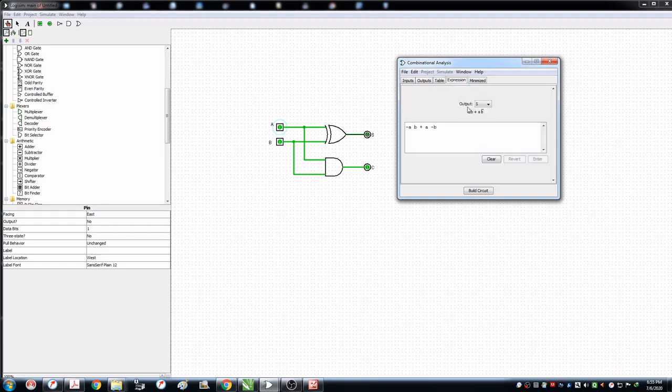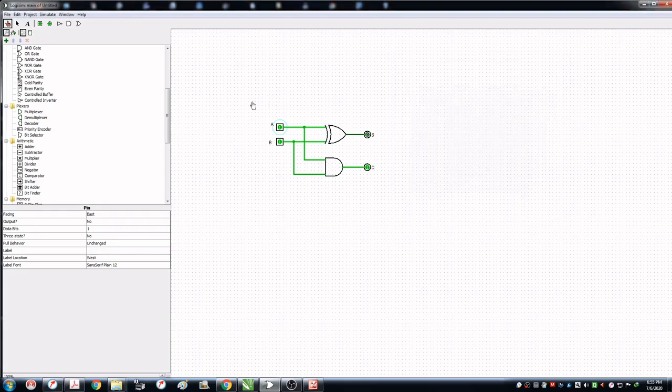Here you will find the expression again, and if you want the table for this, you will find a table. This is the sum of products and product of sums. So this is how your half adder circuit will simulate using this Logisim software.